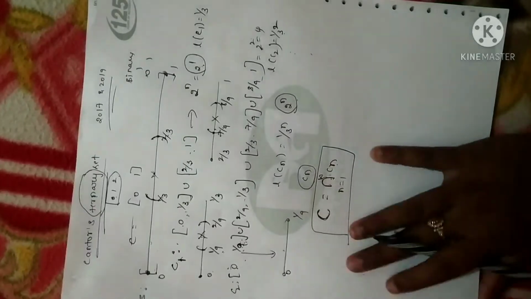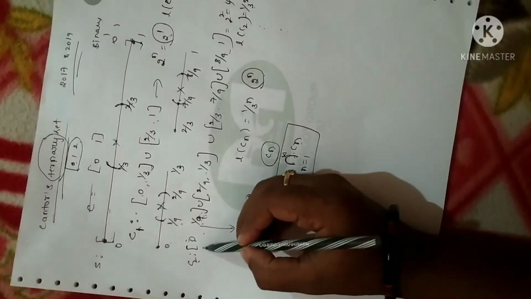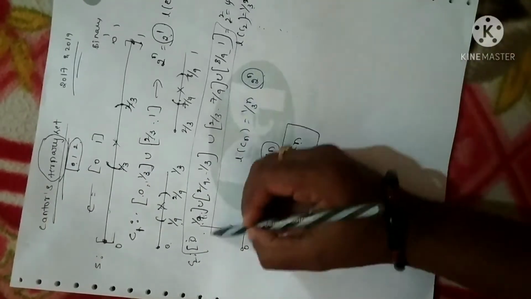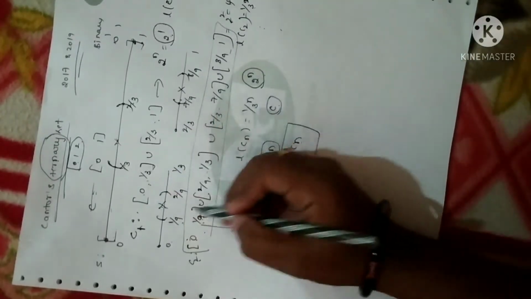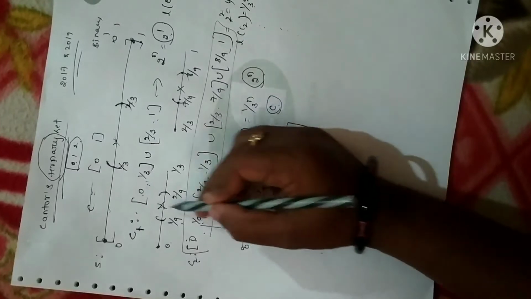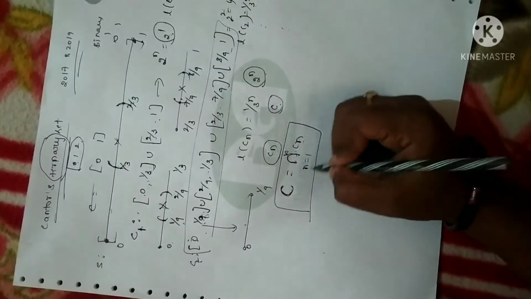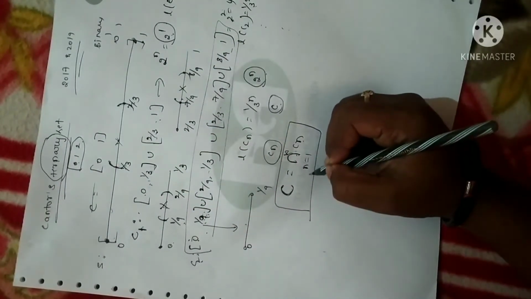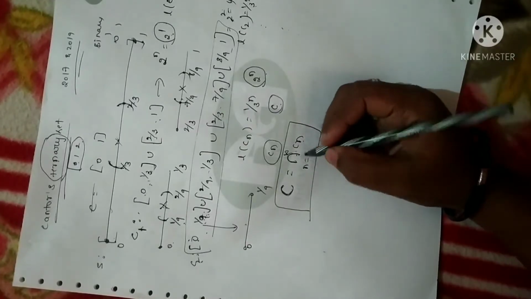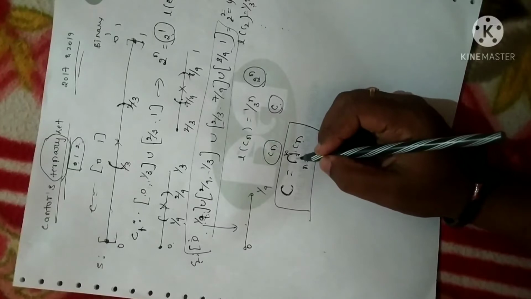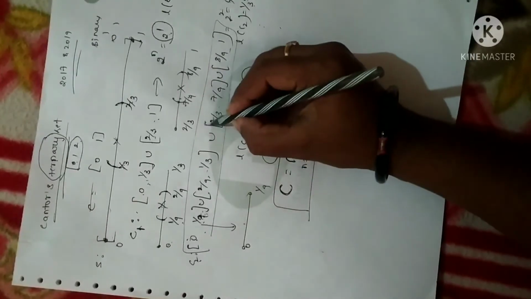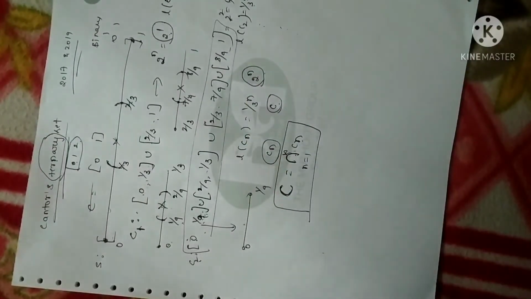Fine. So that is called the Cantor ternary set. I can write C2 as the union of all these things. So the original Cantor ternary set C will be the union of all these elements, or else I can say intersection. Why? Because you should not repeat any of the intervals. When I say it is not repeating, the meaning is that I have to take the common elements, or I can say the intersection of all these closed intervals. So that is the meaning of the Cantor ternary set.